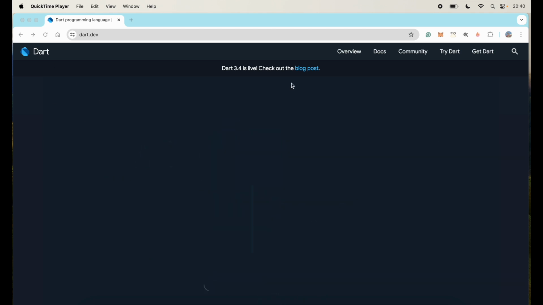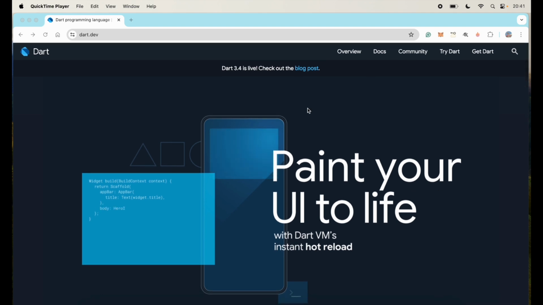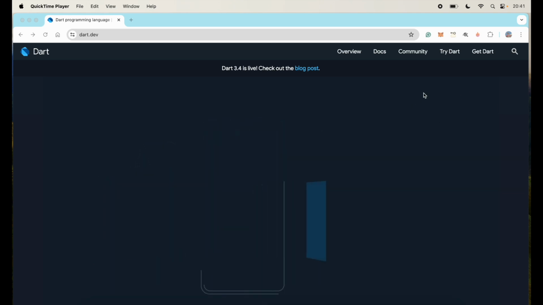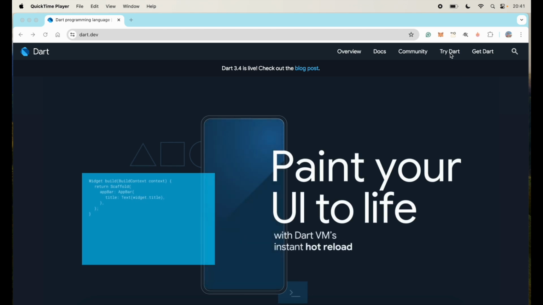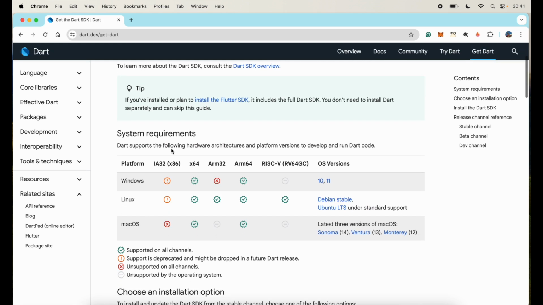which is dart.dev, and then on the top right, you can check out the website. If you look at this, Dart 3.4 is live. That's the latest version. You can check the blog post at the time of recording. This was the latest version. If you want to go and play with it, you can go to try Dart. If you want to get Dart, you can click on get Dart, and it will tell you all the different